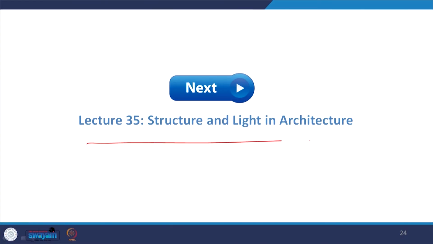We will be waiting for the next discussion on structure and light in architecture, how the structure can help improve the lighting of architecture, and the focus will be on daylighting. Not only orientation of buildings, but how you can optimize the light through your structural design or architectural form, which can save energy for artificial lighting and ventilation.